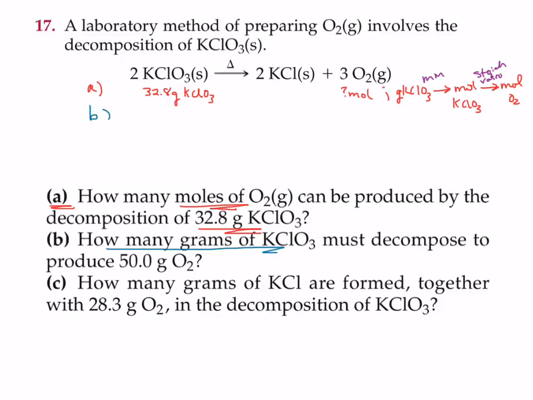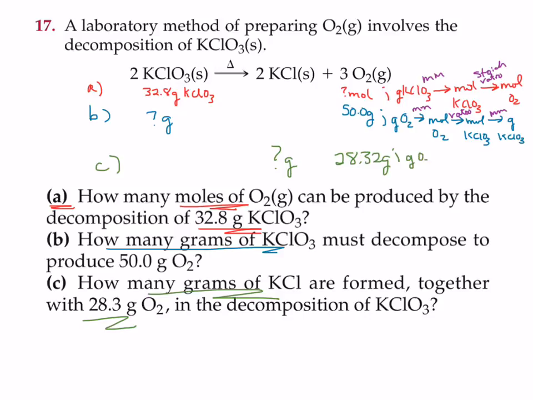B looks like this. It says how many grams of KClO3 must decompose to produce 50.0 grams of O2. Now in this case, what we do know is the grams of O2, and we're supposed to go to grams of KClO3. This is classic what you guys just did in lecture. So up there in blue, I kind of said what we've been doing. We use the molar mass of O2 to get to moles of O2. We use a stoichiometric ratio to get from moles of O2 to moles of KClO3. Then we use the molar mass of KClO3 to get to grams of KClO3. And then the last one